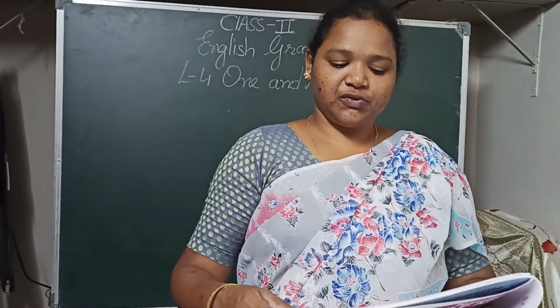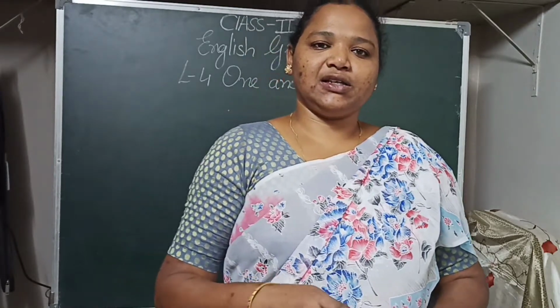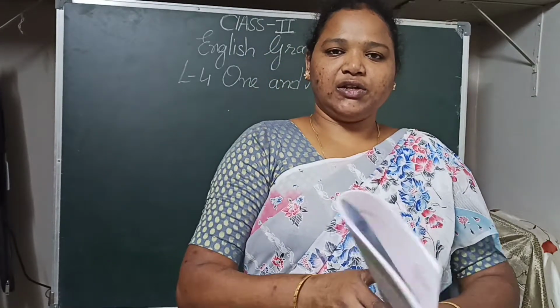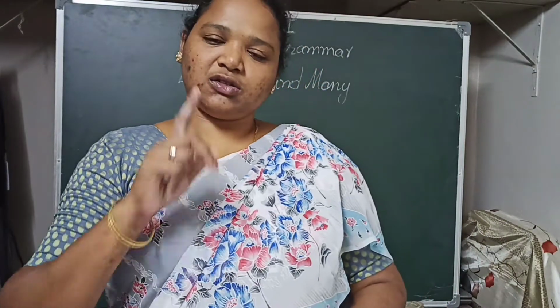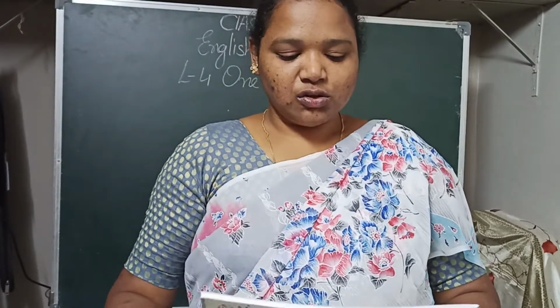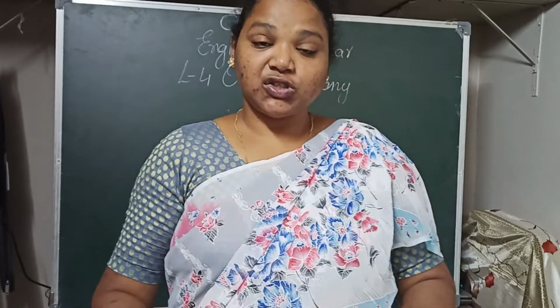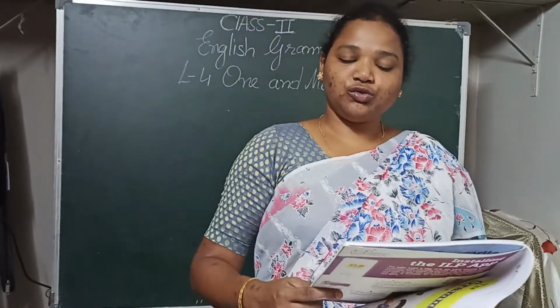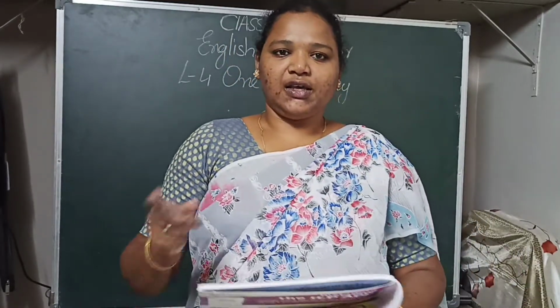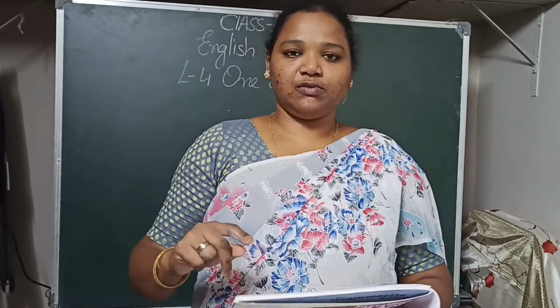What is the difference between the pictures in boxes 1 and 2? So what is the difference that you can tell in picture 1 and 2? So in one box there is a single flower, and in another box there is more than one flower. Okay. So the picture in box 1 has one flower, and the picture in box 2 has 2 or more flowers.